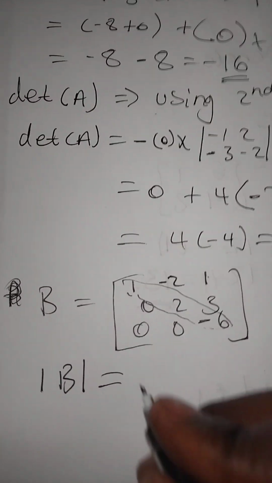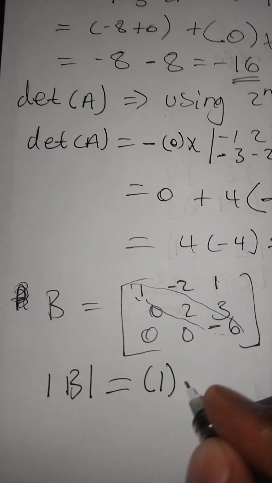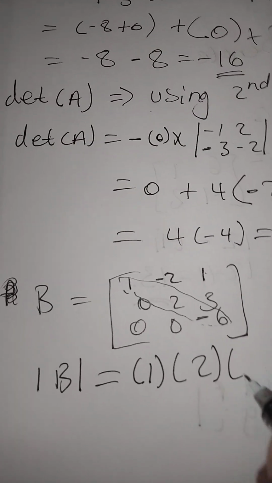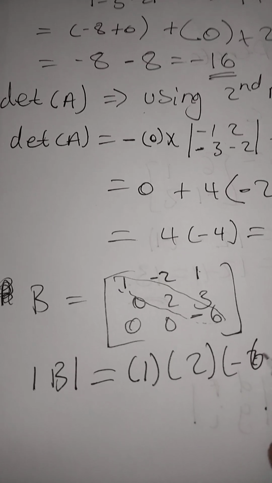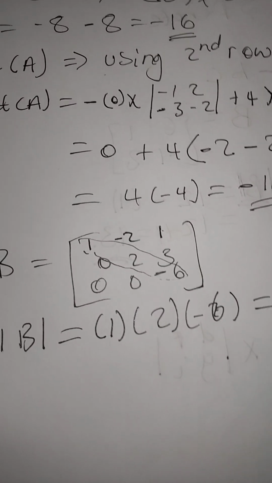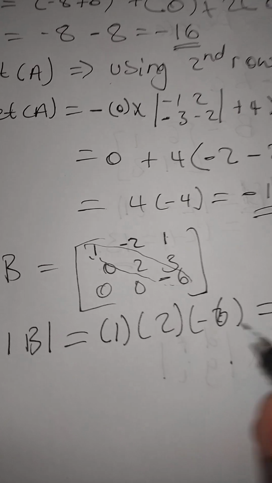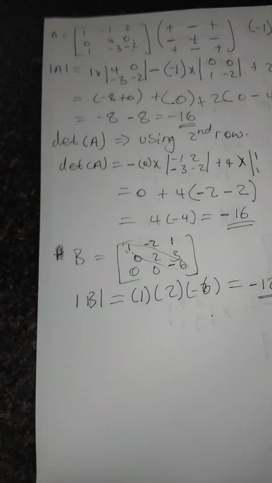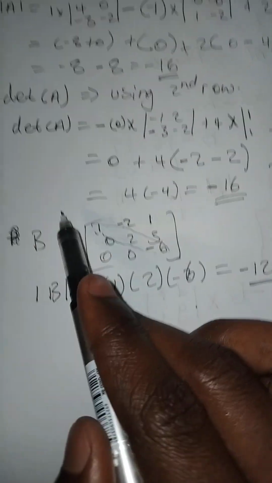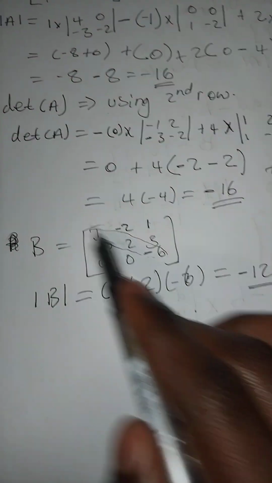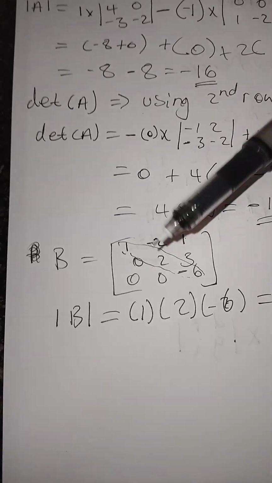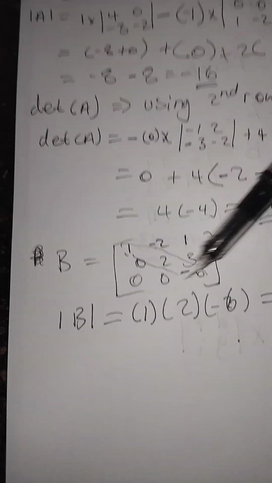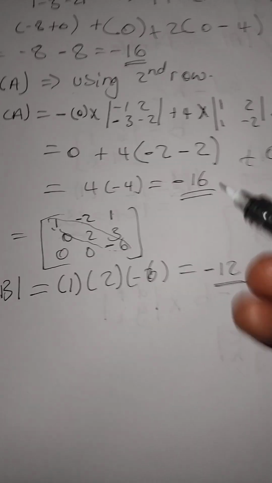Do not confuse this with the trace. Remember, on traces we were adding. Here we are doing a product, and we expect that to give us the determinant. Okay, so 1 by 2 is 2, 2 by minus 6, that is minus 12. So I have found the determinant of this matrix just like that, by taking the product of the diagonal. Keep in mind that that is only possible if below the diagonal there are zeros,